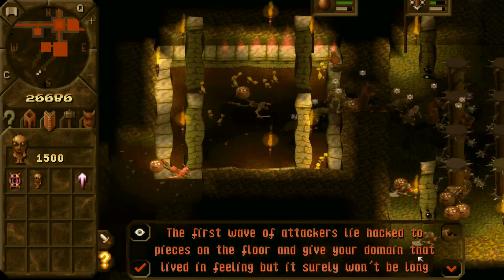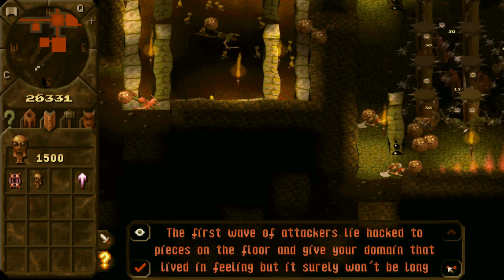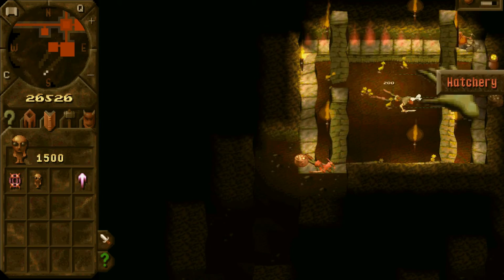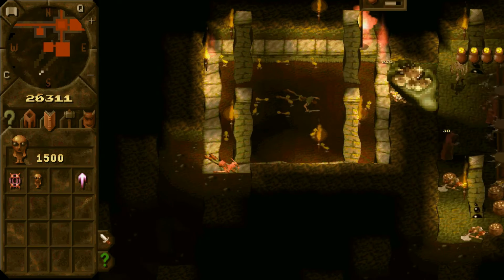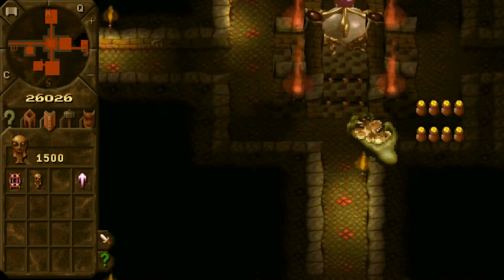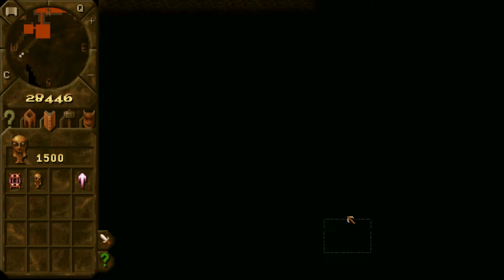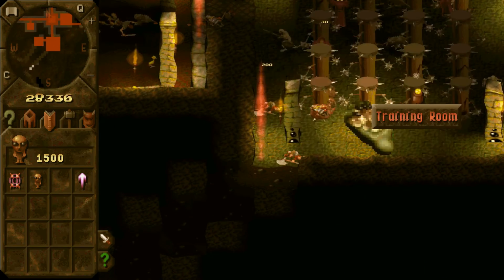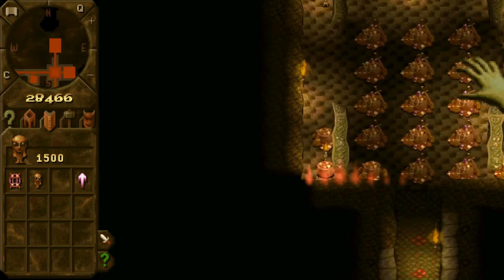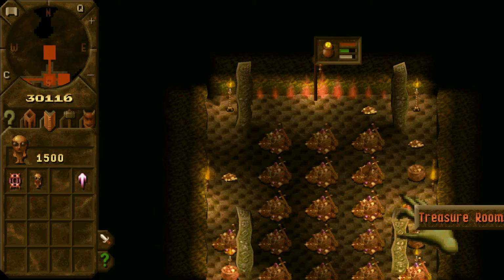First waves of attackers hack the bees on the floor and give your domain that lived-in feeling, but it surely won't be long before their kin launch another assault. They pick the wrong rooms to dig into. This is why it's always nice to have them dig into your training room, because your creatures will just be like, oh, more training, and just kill the monsters. They actually gain experience from fighting and from being in the training room. They gain it faster from fighting. So, you kind of want...